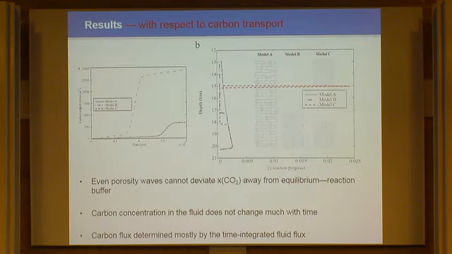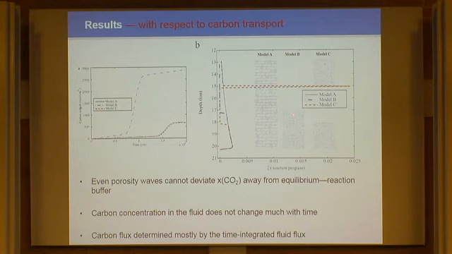So here's the end result. For model A, the thick layer case, the carbon dioxide outflux here increases when the wave passes through. For model B, the dashed dot line here, the carbon dioxide flux also increases, but it's smaller because the XCO2 buffered by reaction is at a low